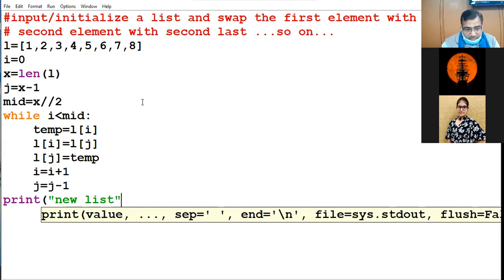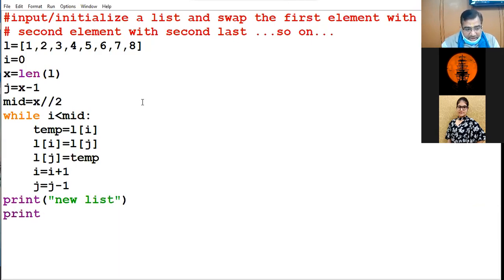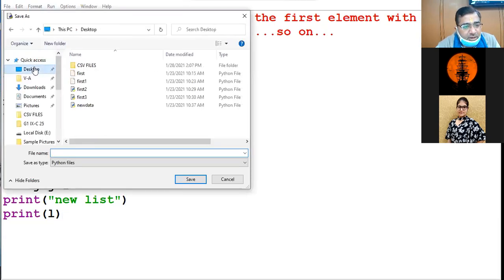Now, finally, new list. Let us print the new list. I am saving this program on the desktop with the name first, last, swap.